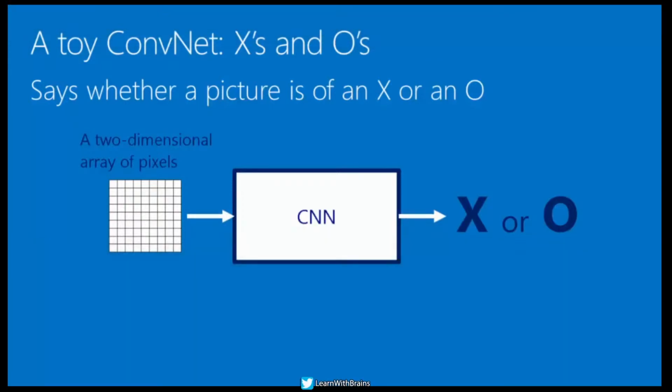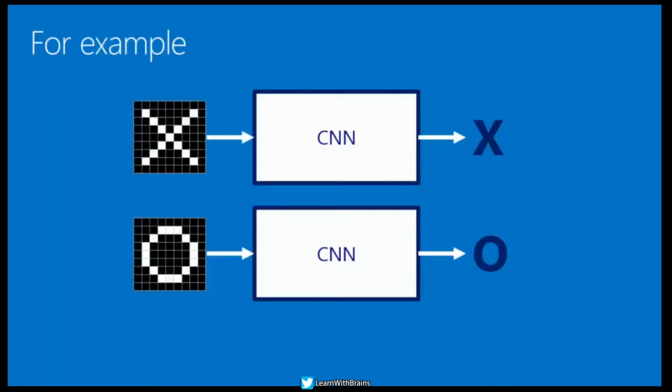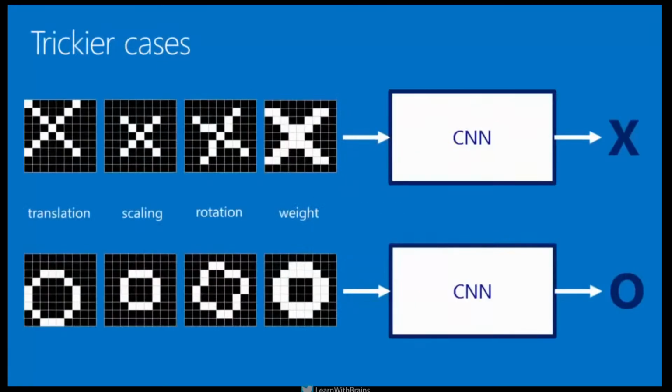What this one does is take in an image, a 2-dimensional array of pixels. You can think of it as a checkerboard, and each square on the checkerboard is either light or dark. And then by looking at that, the CNN decides whether it's a picture of an X or of an O. So for instance, on top there, we see an image with an X drawn in white pixels on a black background, and we would like to identify this as an X. And the O, we'd like to identify as an O. So how a CNN does this